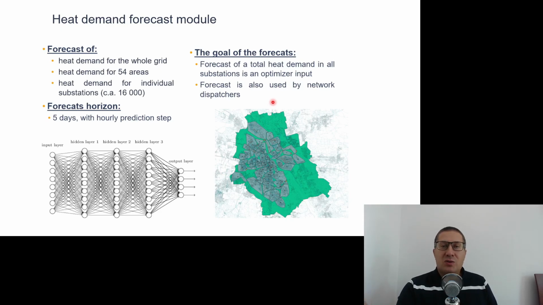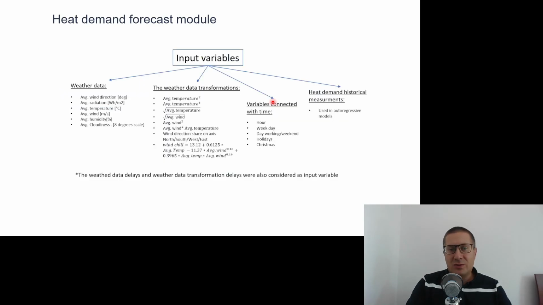So our goal was to create the heat demand forecast for the whole network, for 54 areas and for all the individual substations. And the forecast horizon was 5 days with hourly resolution. Okay, so we ended up with a set of deep neural networks that take into consideration